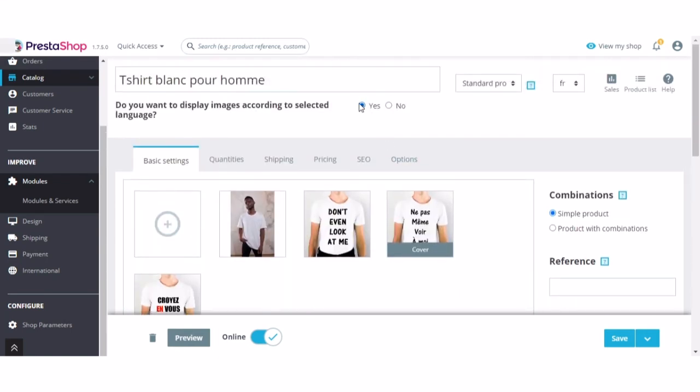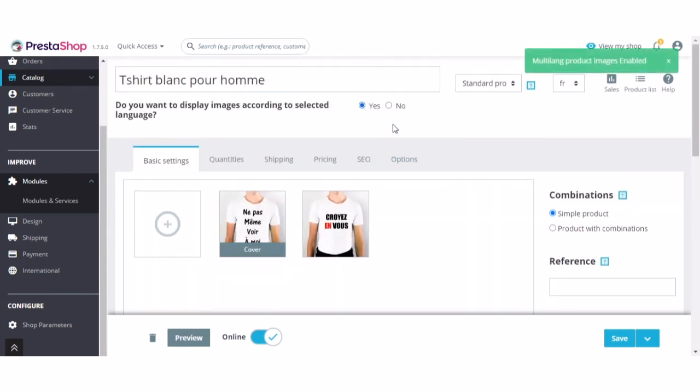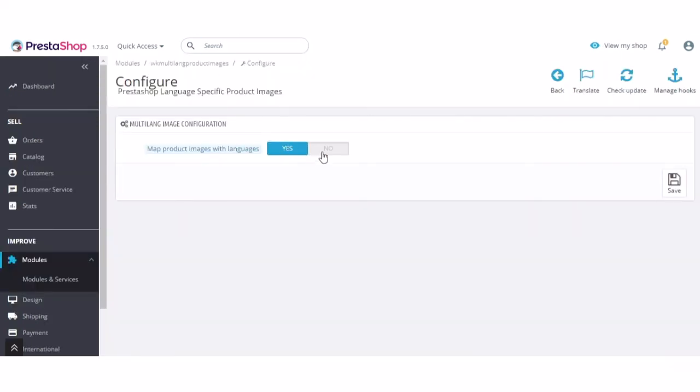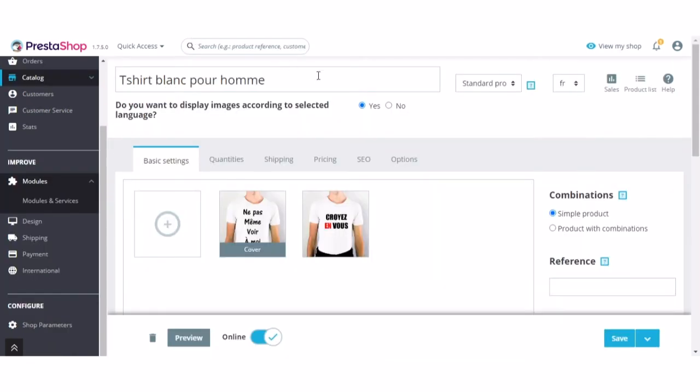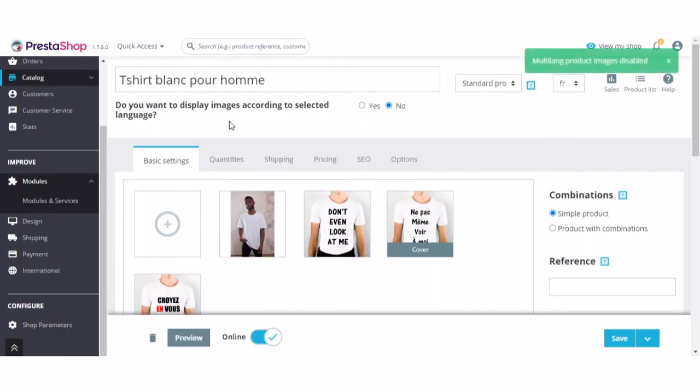Now, when admin enables this field, he will find the image uploaded for the French language under the Basic Settings tab. If admin has disabled both map product images with languages and display images according to the selected language field, then the product images are not internally mapped to the selected language.